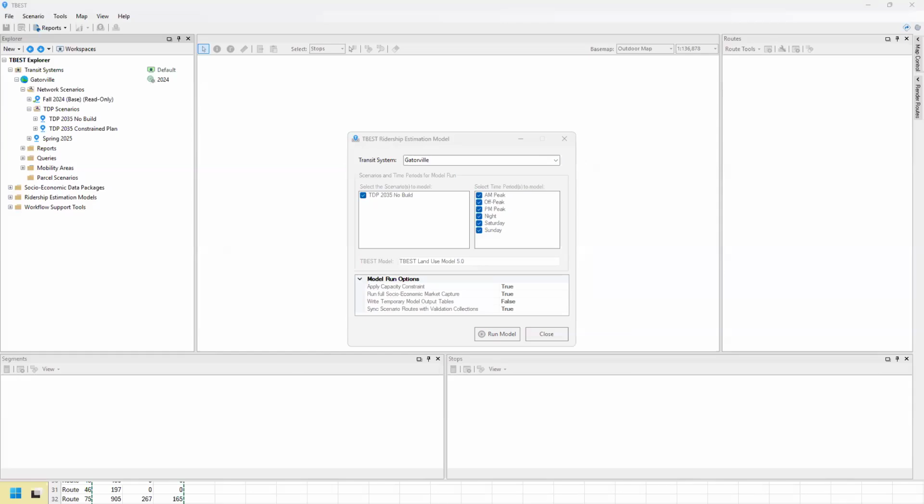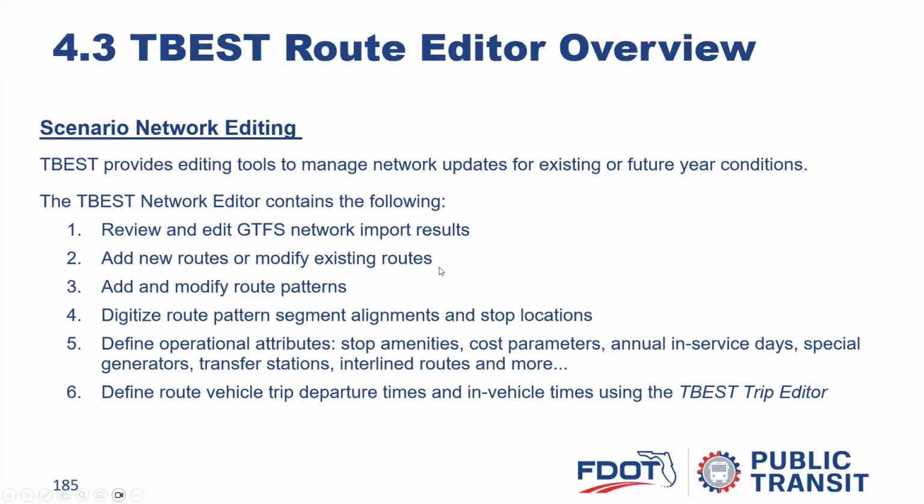All right, so our next section is to create a new route. All right, so TBEST Route Editor Overview. TBEST provides editing tools to manage network updates for existing and future year conditions. The editor allows you to review and edit GTFS network import results, add new routes or modify existing routes, add